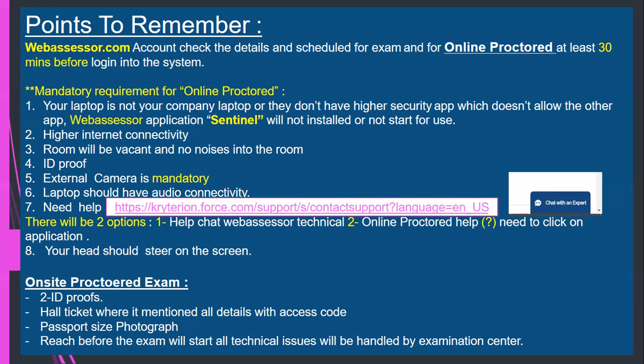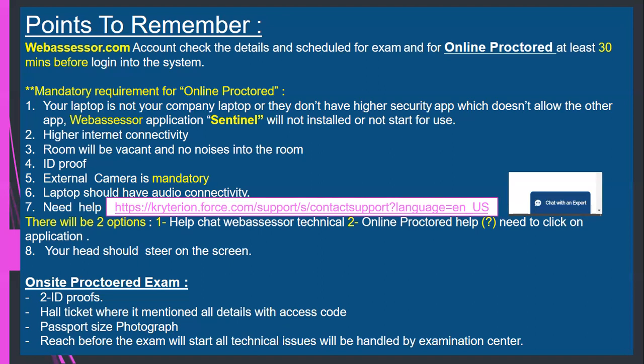You have to explain the issue you are getting. In case you're rescheduling, or your online proctor mentions that you have to connect with the tech support, they will schedule it and restart the exam. So you have to stay connected with them, and they will help you out. From what I've seen, they are very responsive and will respond immediately. They will provide step-by-step instructions. If any security apps are running, they will tell you how to stop them.